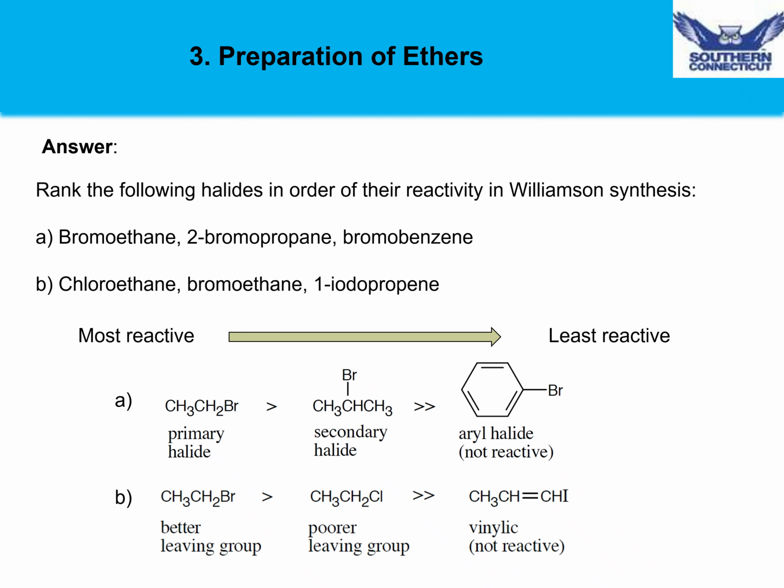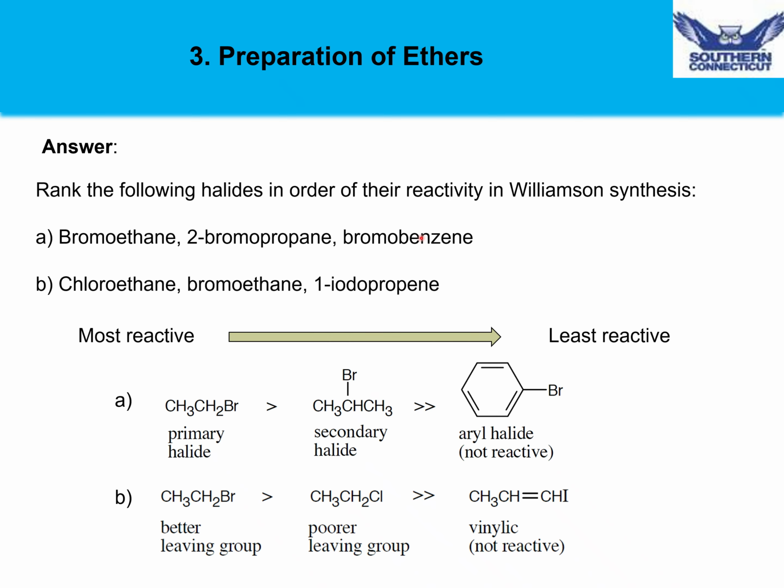To answer this question, we want to think back at the requirements for an SN2 reaction, in particular the electrophile. You might recall that the best electrophiles are those that have a good leaving group and also have a sterically unhindered alkyl halide. Looking at the first question, we have bromoethane, which is a primary alkyl halide, which is really good for SN2 reactions. We have 2-bromopropane, which is a secondary alkyl halide, which is not as reactive as a